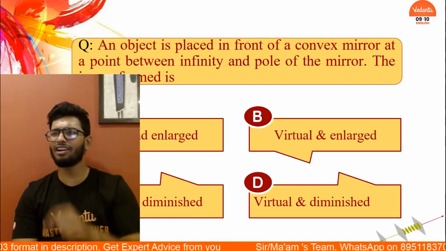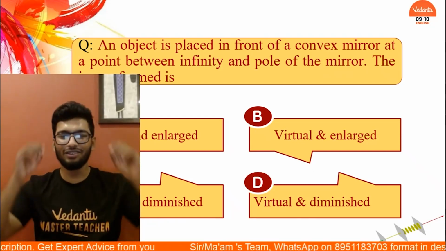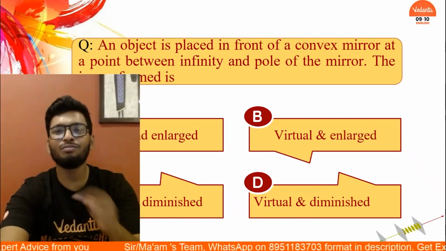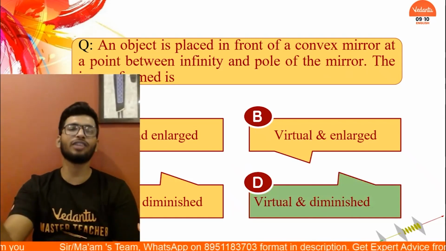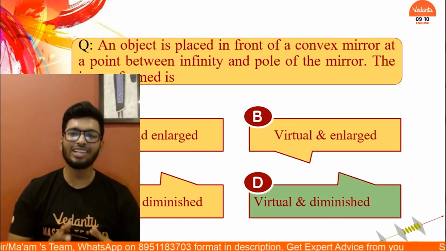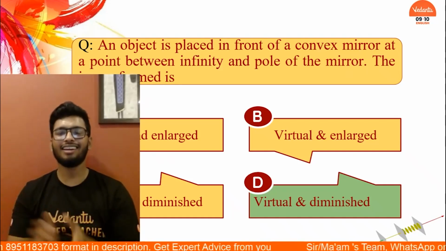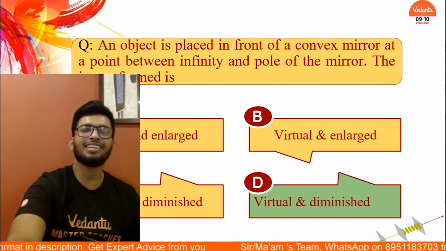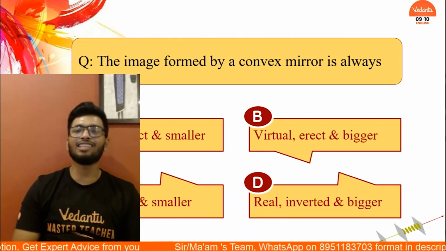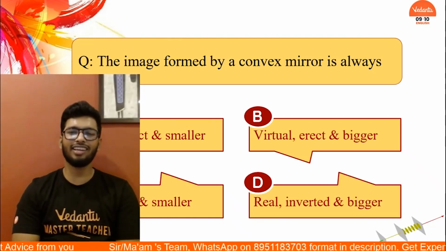Because you know this, I'm not going to give you much time, because you already know the answer for this. It has to be option number D. No doubt again, because a convex mirror always forms virtual, diminished, and erect images. As simple as that. With that said, guys, let's go on to the last and the final question for today,